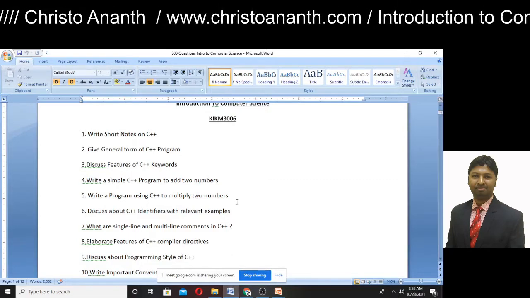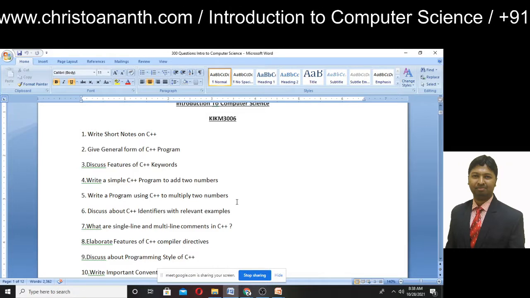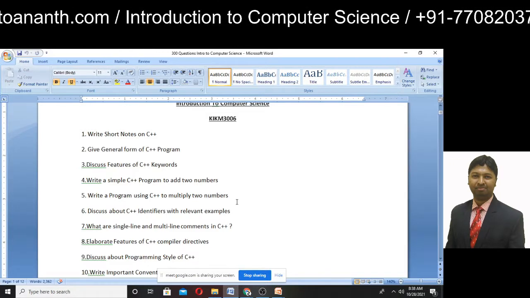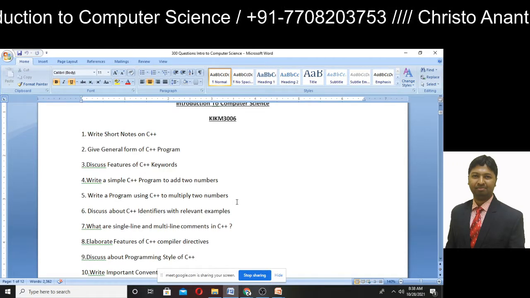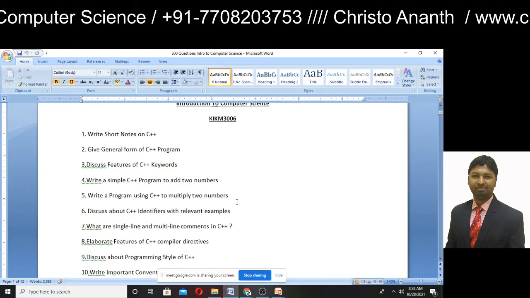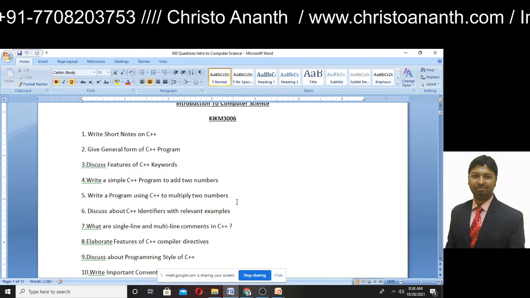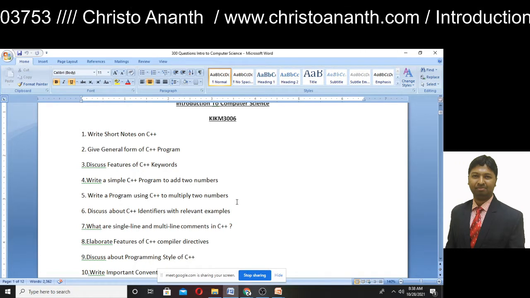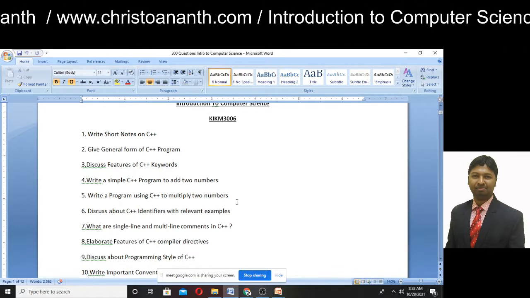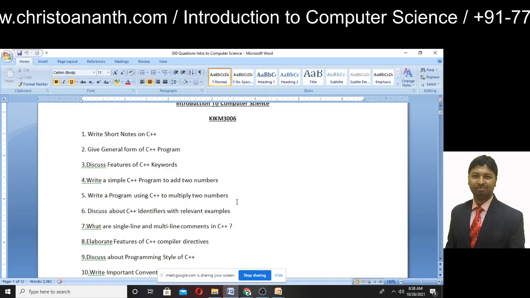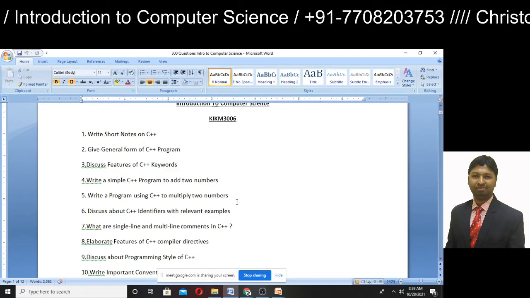Okay. So this particular class will discuss some revision to Introduction to Computer Science. Of course, we have studied C++, HTML, Python, CSS, and so on. So I think we should have some revision in between with the subject so that you guys will have a good time in your final exam.